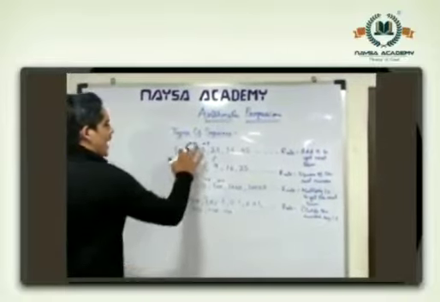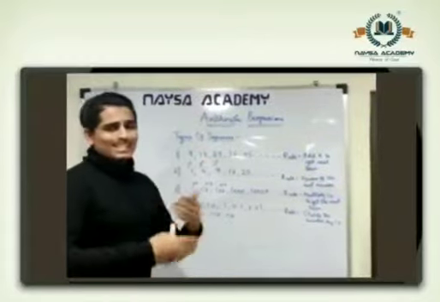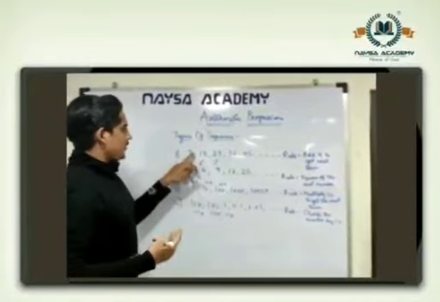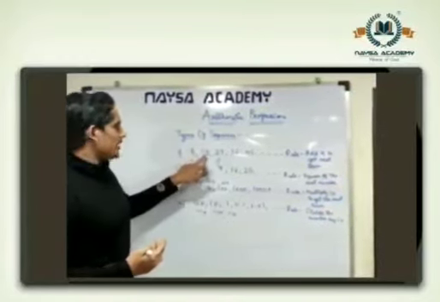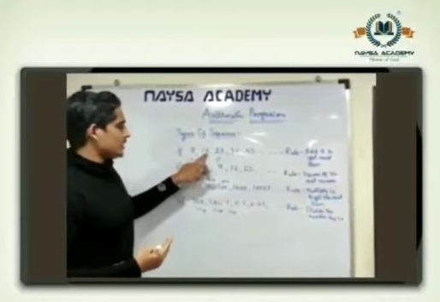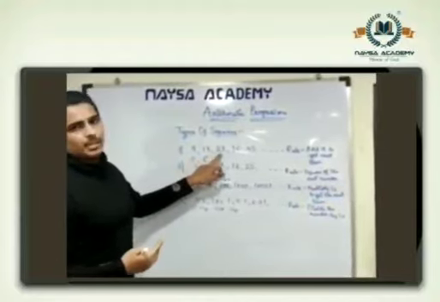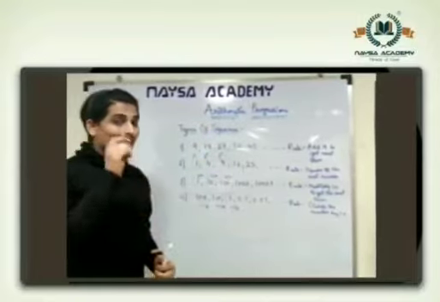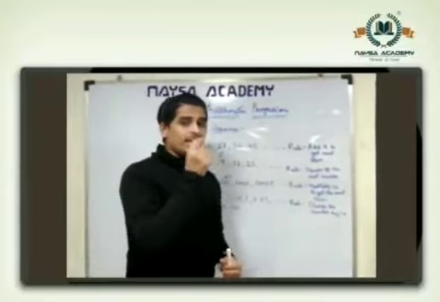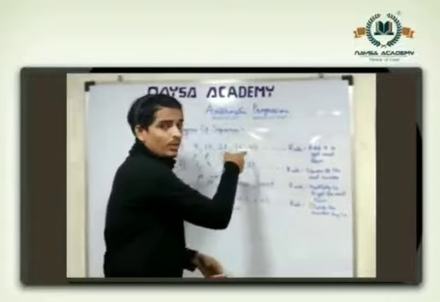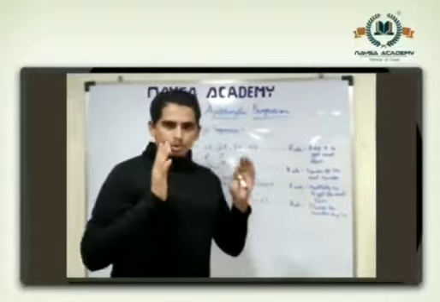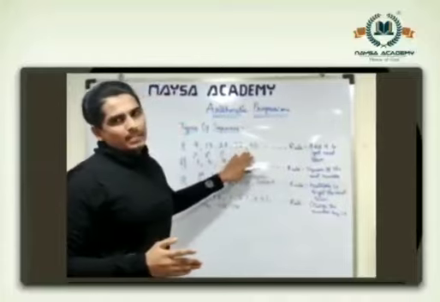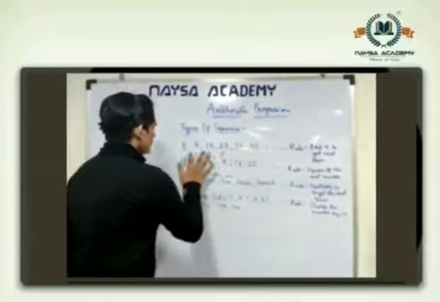The first example, as you can see, progressed by 9. If you add 9 to the first term, you are getting the next term. If you are adding 9 to the second term, you are getting the third term. And if you are adding 9 to the third term, you are getting the fourth term. That means the difference between each and every term of this sequence was 9. So yes, this was an arithmetic progression.